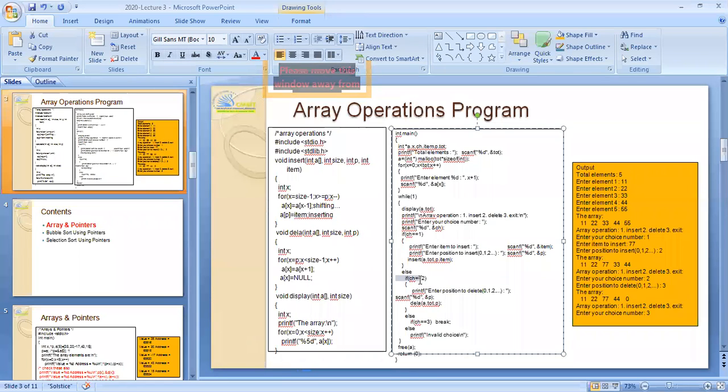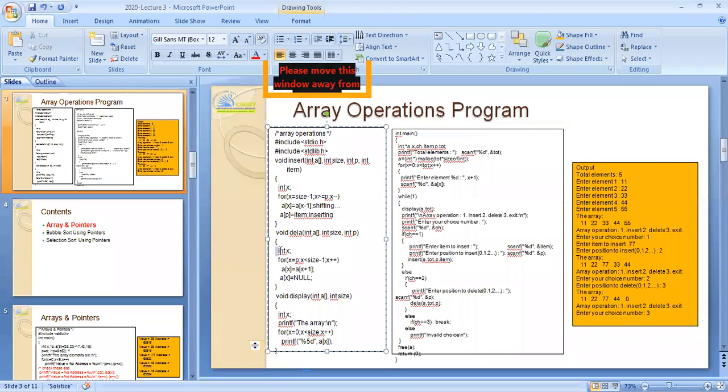Now you come for the deletion. So you are deleting. Which element are you going to delete? Give the position of that element which you have to delete. From where are you deleting? From the array. What is this a? A is the array. You are deleting from total elements, out of p. So in order to delete, what are you going to do?